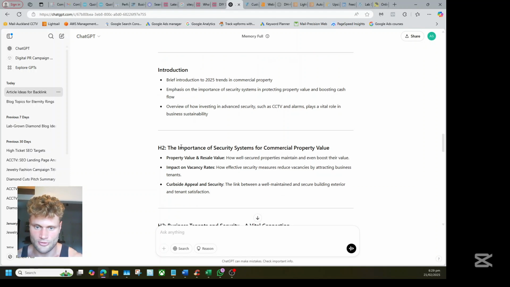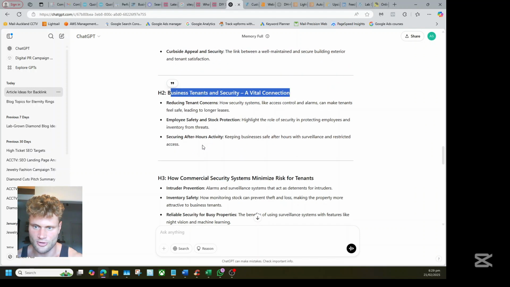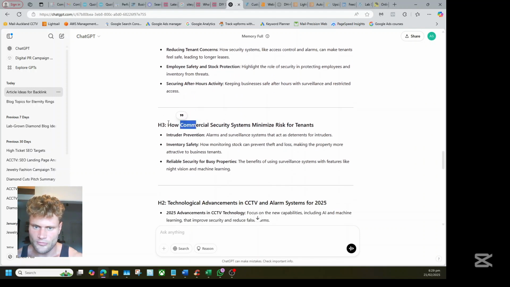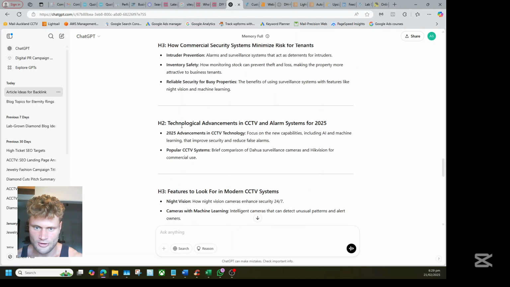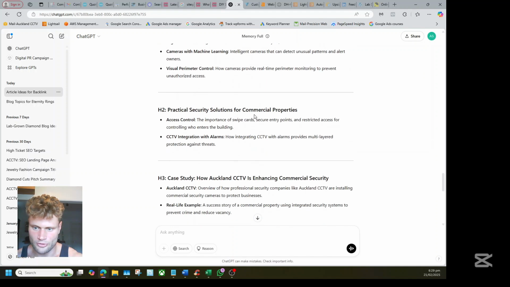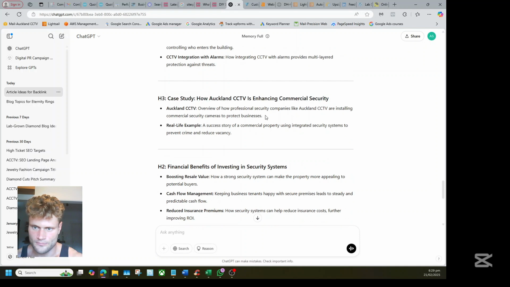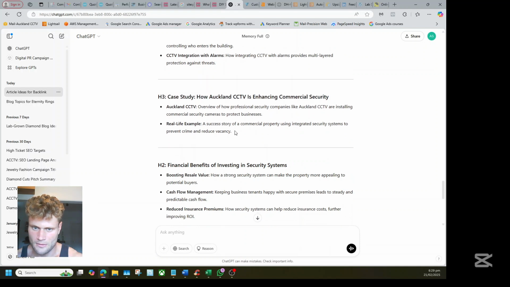Okay, let's look at this. Got introduction, importance of security systems, business tenants and security. That's cool. Okay, in H3, how commercial systems minimize risk. That's awesome. Technological advancements, features to look for, cool. Practical, how Auckland CCTV. Yep.